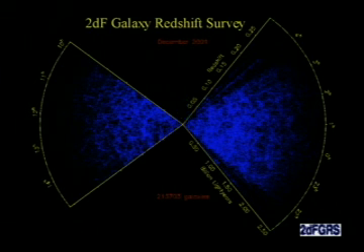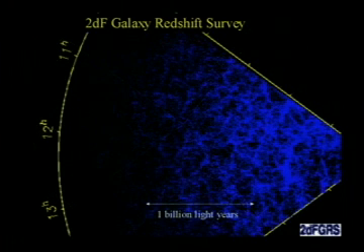So this survey is about 20 times as deep as the distance to the Virgo cluster. Now let me show you a magnification of the southern hemisphere slice. Here is 1 billion light years for scale. And what you see is this interesting pattern that I've called the cosmic web, where the galaxies seem to be